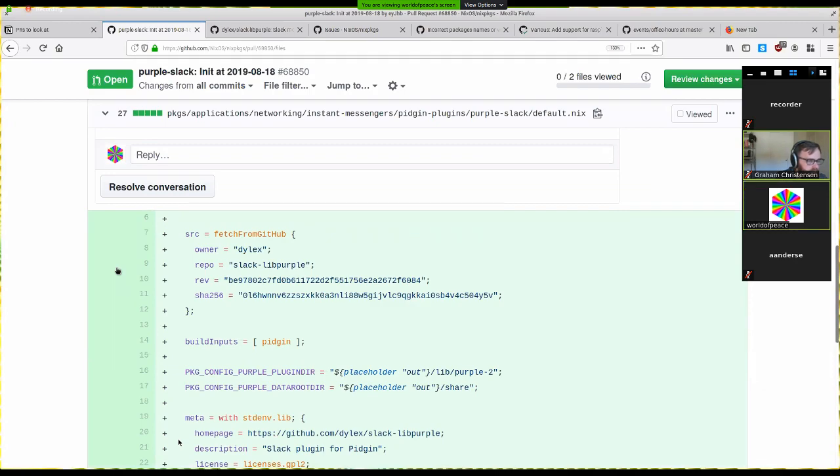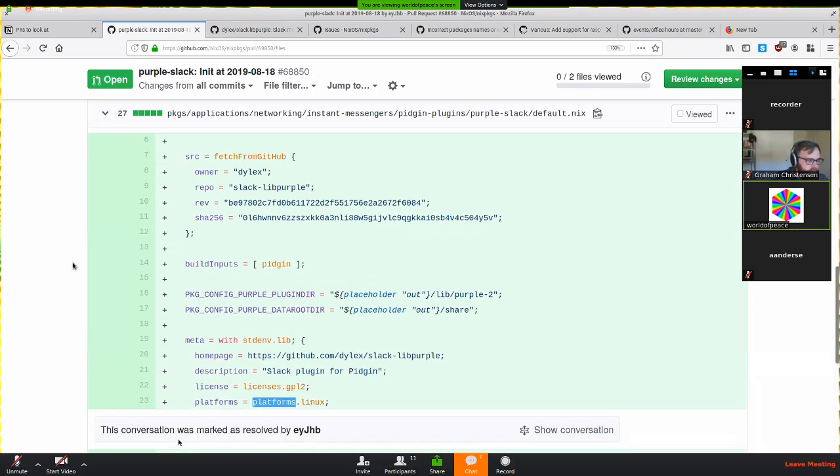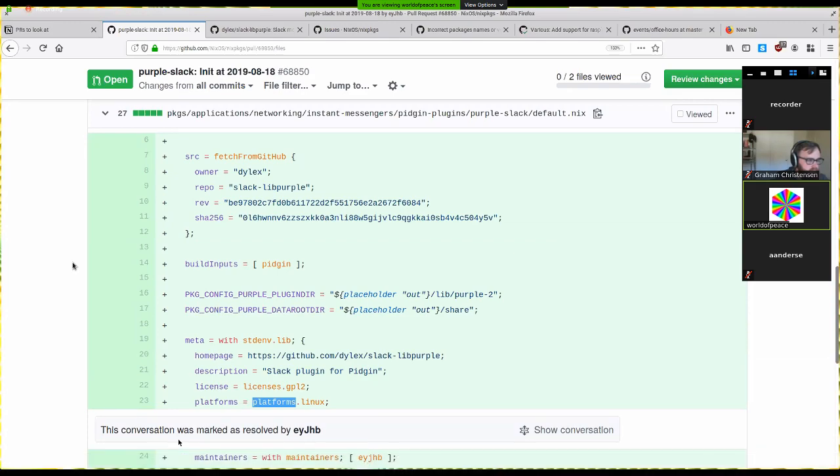Did they say something about pkg-config needing to be in nativeBuildInputs? I think their question is, should pkg-config be in nativeBuildInputs? Yes, because it uses the pkg-config variables, it probably uses it. But there is actually a bug here where you have to override the variables because they're hard-coded in the .pc files. I think the question is in the context of Pidgin propagating it anyway. Should we also set it here, or should we allow that propagation?